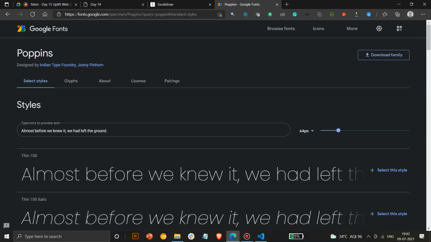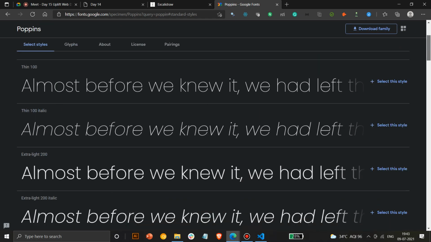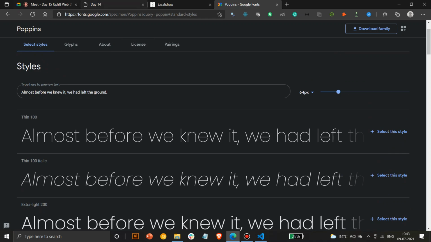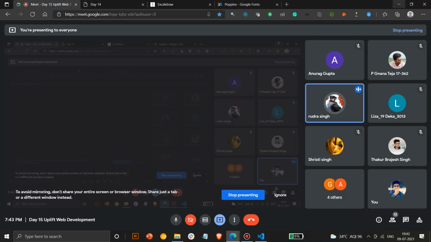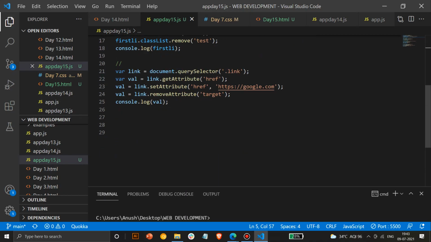Anyone, what's the difference between a dynamic site and a responsive site? Come on, guys. Responsive we have learned in Bootstrap. This is a very good question. I've explained both of them, and I'm giving you hints also.